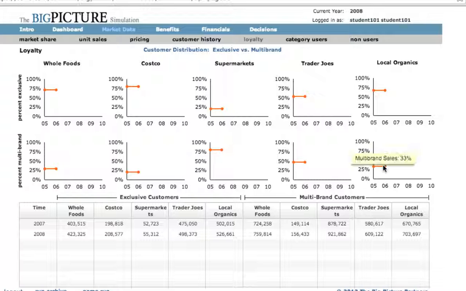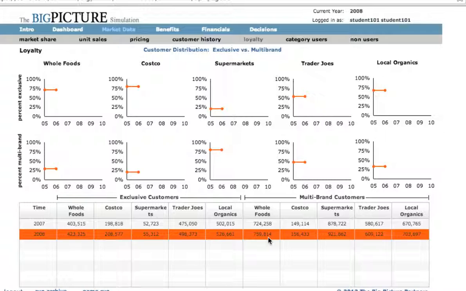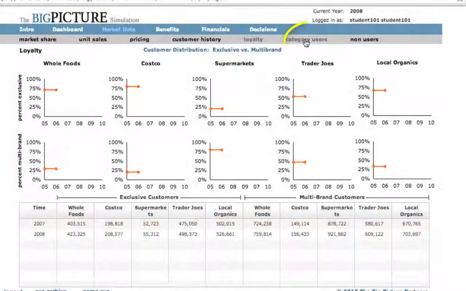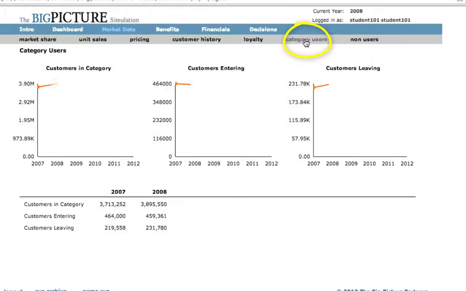From here, we can also think about the total market entry and exit from the category as a whole. This is presented in the category users and non-users screen. We get to see how many non-users of the category have entered and how many are left, how many customers are in the category, and how many customers have entered in a certain year. Having reviewed all the market data,